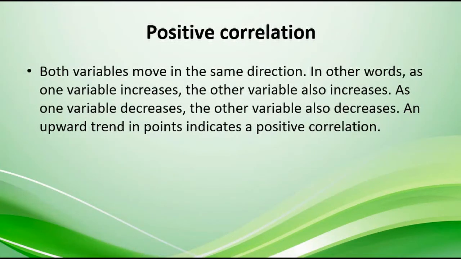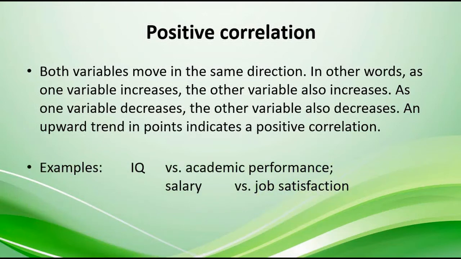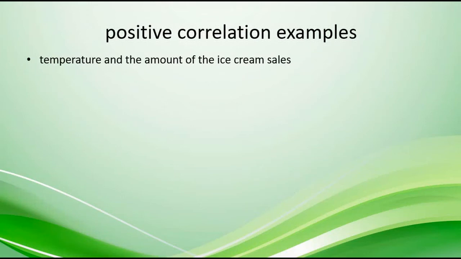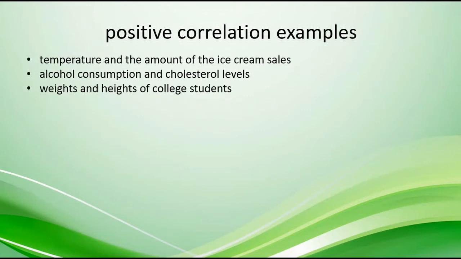Positive correlation: both variables move in the same direction. In other words, as one variable increases, the other variable also increases. As one variable decreases, the other variable also decreases. An upward trend in points indicates a positive correlation. For example, IQ versus academic performance, or salary versus job satisfaction. Positive correlation examples: temperature and the amount of ice cream sales, alcohol consumption and cholesterol levels, weights and heights